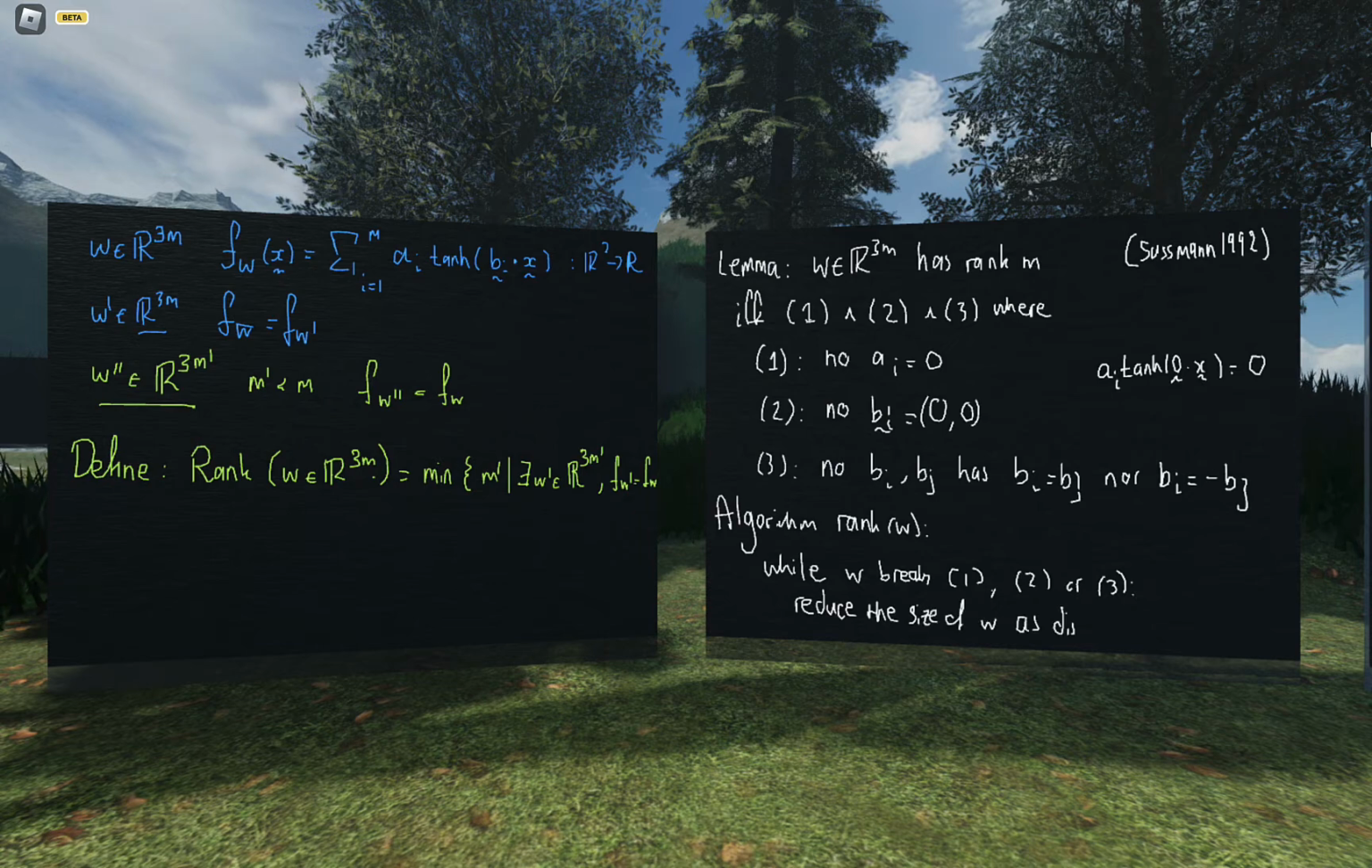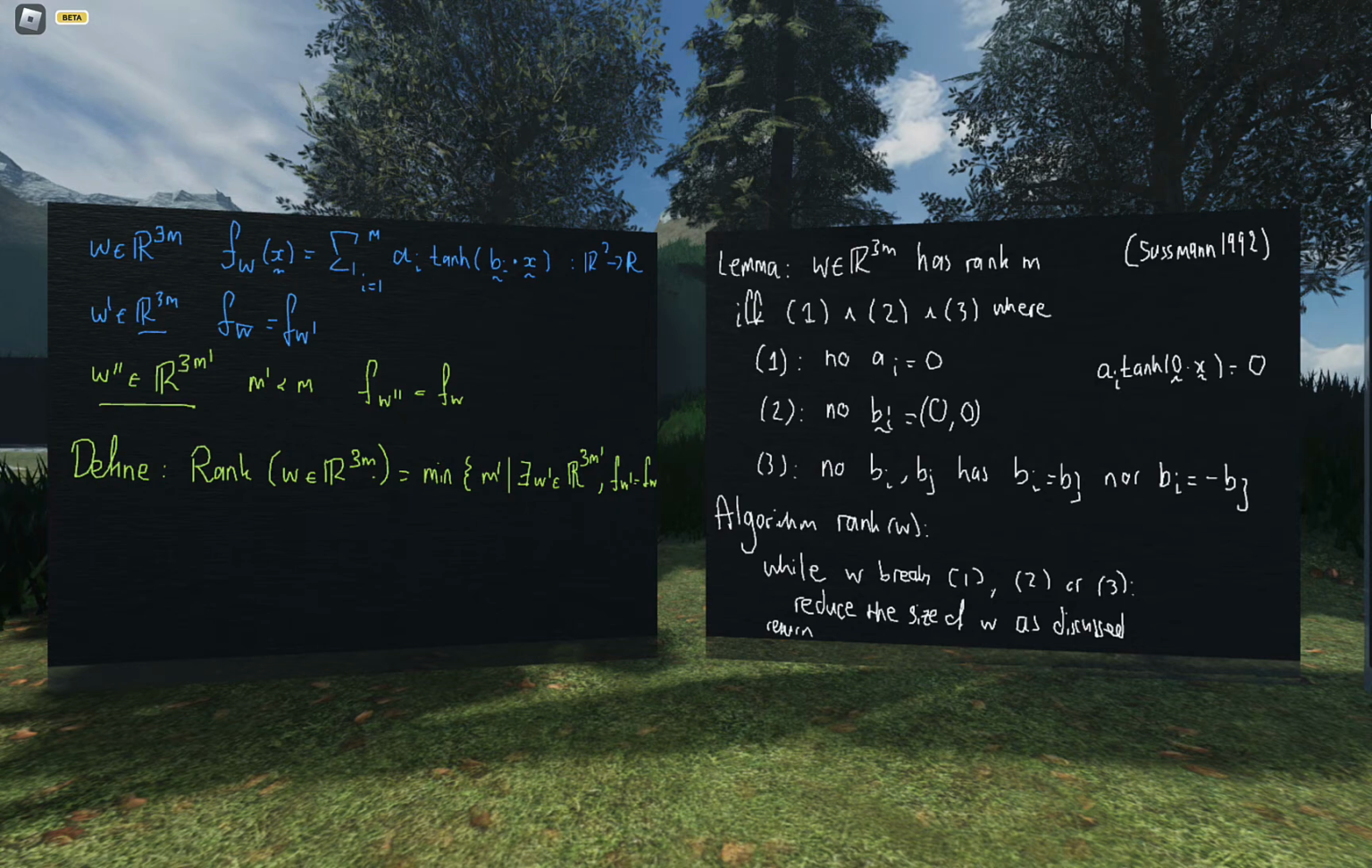As discussed, by the end of this algorithm, the final W that you end up with, when you get out of this loop, must not break any of the conditions, so it must have rank M. But every time you reduce the size, you've been decreasing M. So you just return